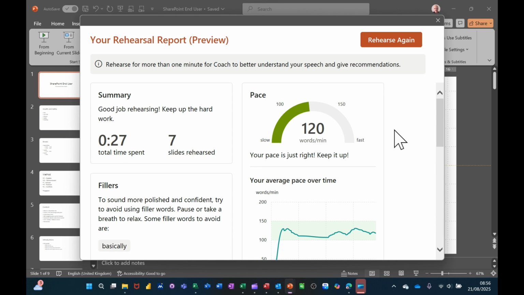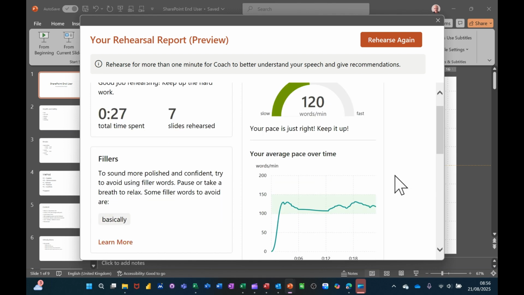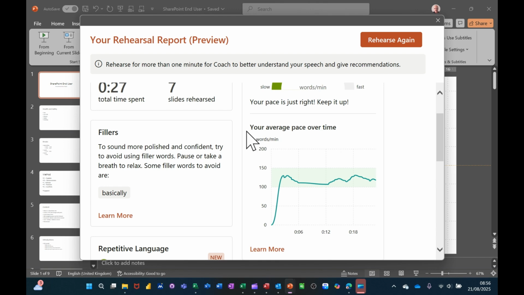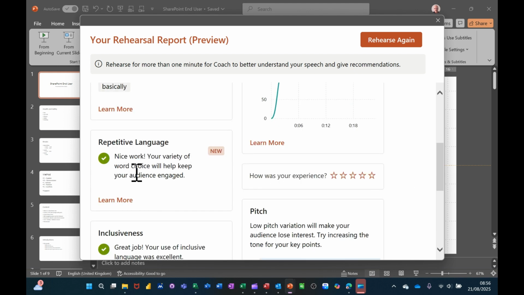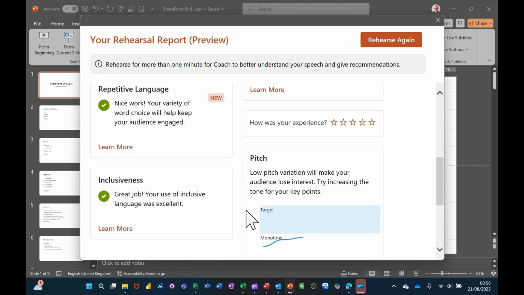So basically, based on that, I can rehearse again because that was rubbish, but the pace was okay according to that. And then there you can see the score, pace over time in the green area, so that's okay. And then repetitive language is a new feature. I've got a green tick on that. So everywhere looks okay. The pitch,